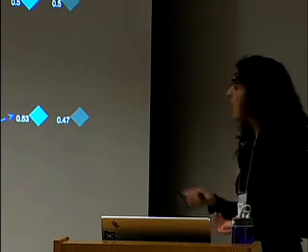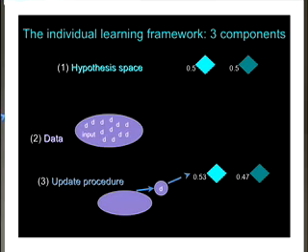And the first is what the hypothesis space of the learner is. So in this case, what rules might they be considering for the system? And there's some probability assigned, or some level of belief they have in these different rules. And then there's the data set that they're actually learning from, right? That's got to be what they're using to update their beliefs. And then there's the actual update procedure, wherein they take data, some portion of the data, hopefully a small amount if we're trying to simulate human learning, but they use that data to shift their beliefs in the population.